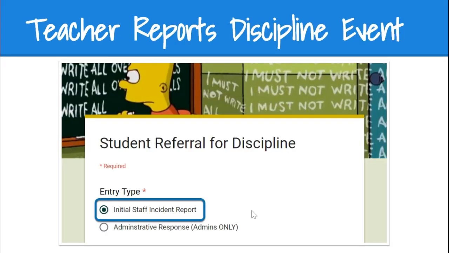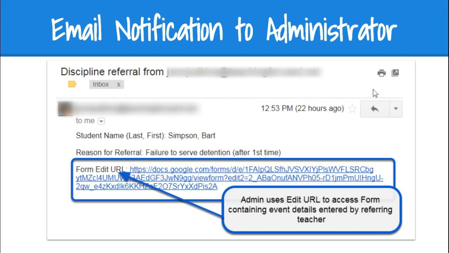The first thing is that there is a single form, and the first question on the form determines what type of entry is happening. Initially, the teacher will submit an incident report by selecting the first option and completing the details about the incident. That will immediately allow them to submit the form, and that generates an automated email to the school administrator. In that automated email, it provides a summary of the incident as well as an edit URL